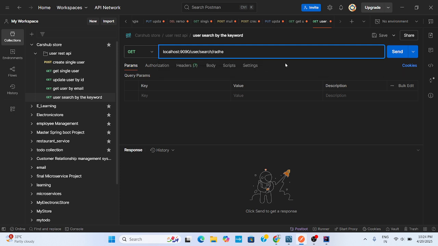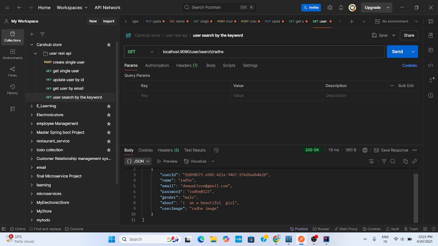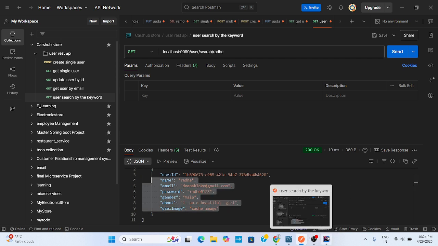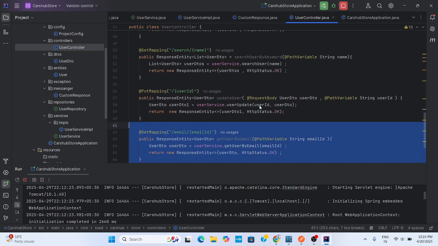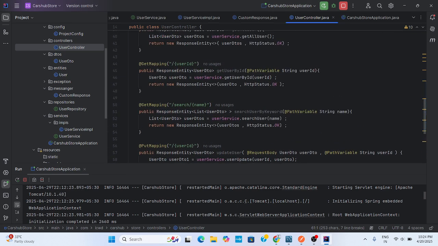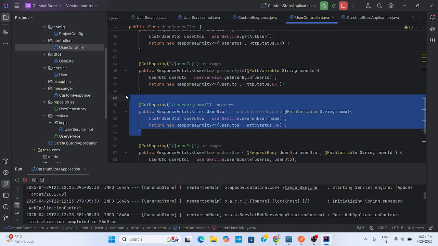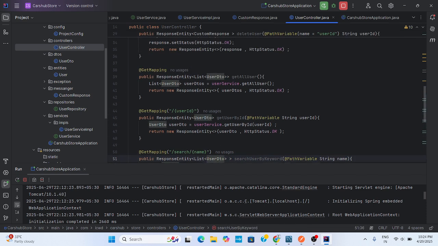This endpoint is working clearly. So this one endpoint is created and working properly. Now I have checked these.